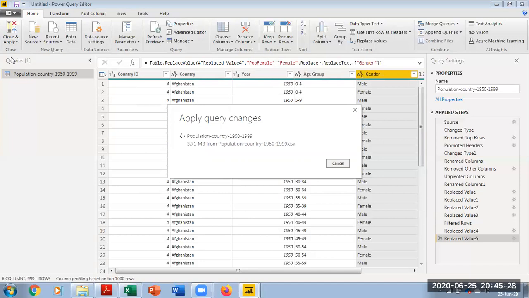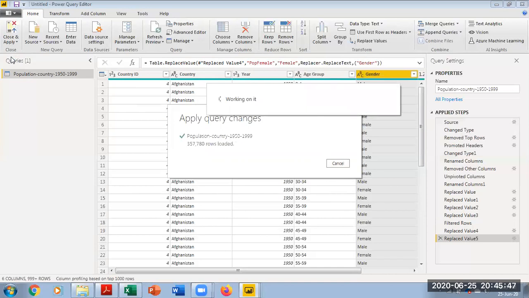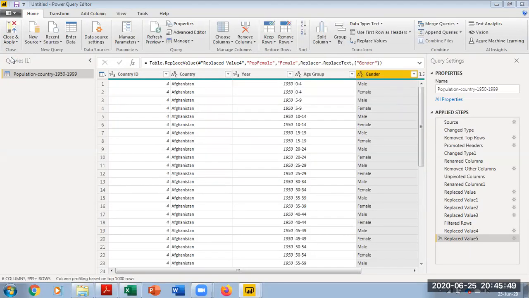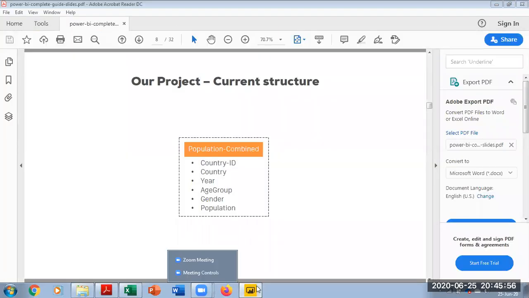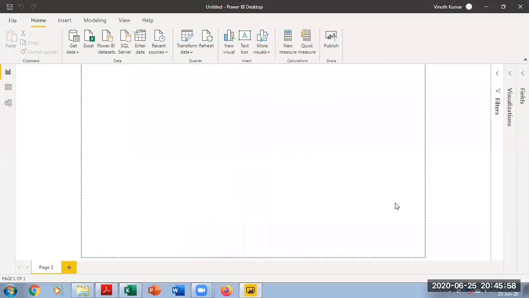So I think that I got my data really well. If not, I'm going to find out what mistake I've committed, and I have to go through the columns again and see what mistakes I have committed here. At the moment, it is not showing any error as such. It's going through the raw process. Yes, it has added 3.57 lakhs of rows in here, and I don't see any bug in it. So I'm going to just close and apply it and bring it to my Power BI desktop. When I go back to my Power BI desktop, you can see that this data will be added to my fields.